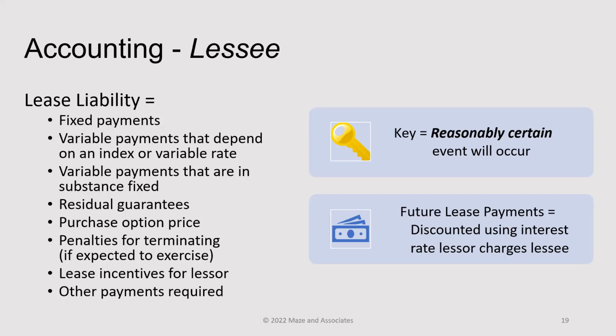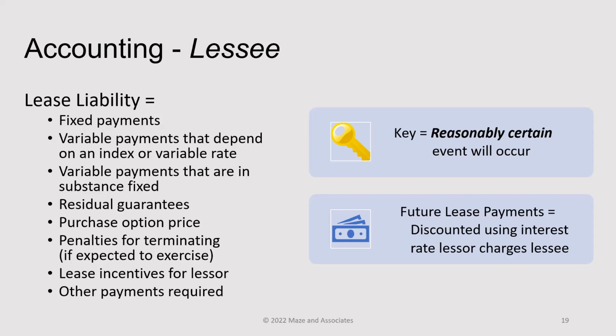Future payments measured as part of the lease liability should be discounted using the interest rate that's implicit in the lease, either explicit or implicit in the lease. If the interest rate cannot be readily determined, the lessee's estimated incremental borrowing rate should be used. That's one of the biggest questions we get: how do you figure out what your incremental borrowing rate is? GASB suggests that you ask your bank what your borrowing rate would be. I suggest that as well, but you don't want to have to ask your bank for a rate for each individual agreement. You may be able to ask the bank what's a long-term rate and a short-term rate and match that up with your various agreements.